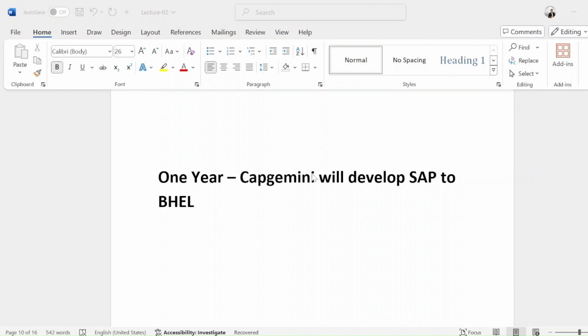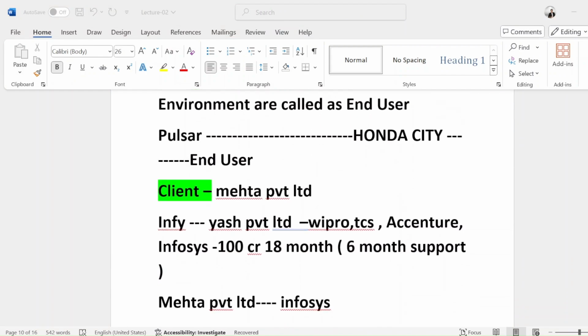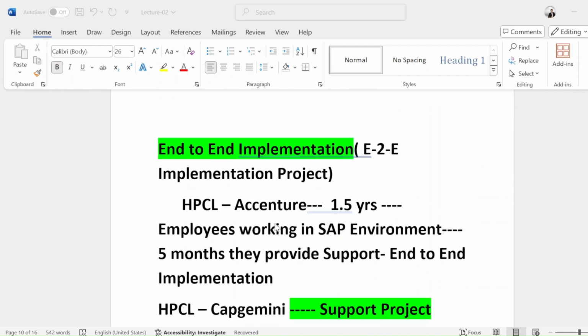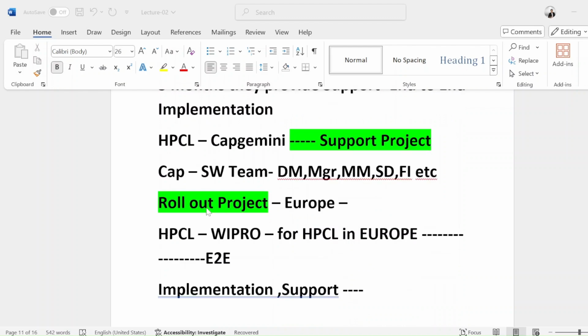Okay, so what we are learning in the functional consultant training is MM, which is a functional module. In ECC we used to say MM, otherwise in S/4HANA we used to say Sourcing and Procurement. Both are the same, don't get confused by that. Mostly, in the public market also, right now they just say MM consultant. Now, what is a rollout project?